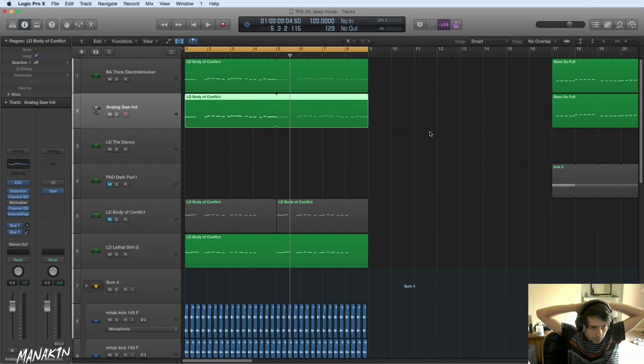But I think I need a bit of a brain break because this is sounding good and I like it. But I felt that chord progression I was doing was really forced. There wasn't anything unique about it. It's just like whenever I do a chord progression, it sounds like that. So I think I need to take a break. I'm going to listen to some deep house and figure out what they do for chord progressions because I know it's slightly different from what I'm used to. So I'll do that, and then we'll probably